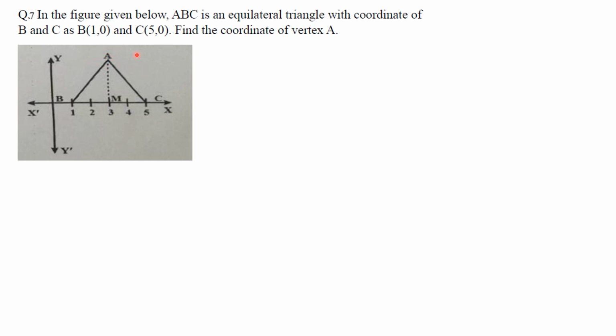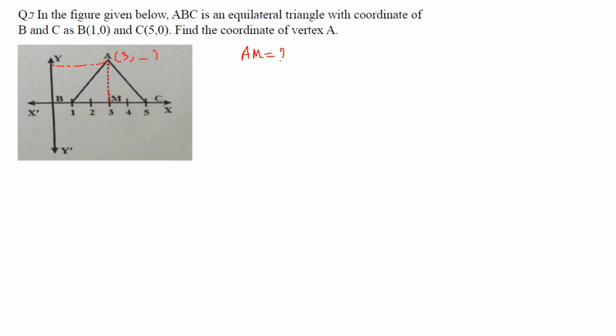Means you should get the x coordinate as well as the y coordinate. So the x coordinate is what? It is the perpendicular distance from the y axis, isn't it? So if you see over here, the perpendicular distance of the point from the y axis is this, and this coordinate is 3. But to find the y coordinate, you should have the perpendicular distance from the x axis, which is missing. It means we have to find the measure of AM, then only we can get the value of the y coordinate,